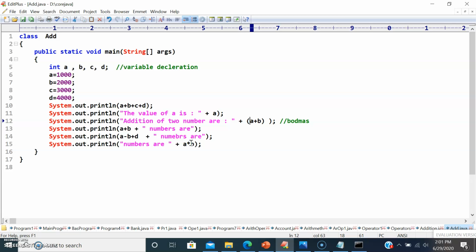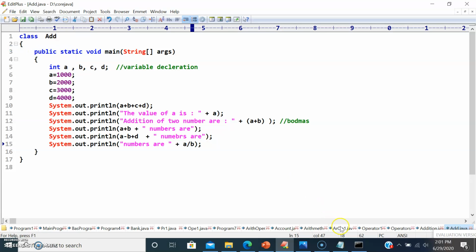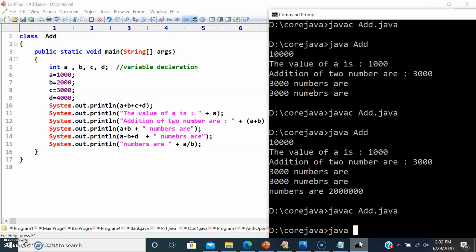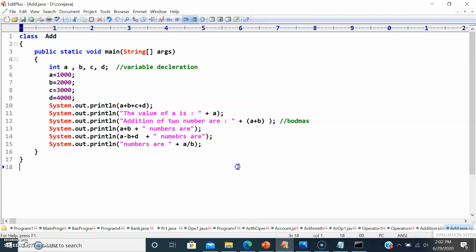When I don't mention the plus operator, it will not do the concat. For example, when I give slash over here, C0. So only for your plus operator, your compiler is in doubt whether to combine the value or to add the value.